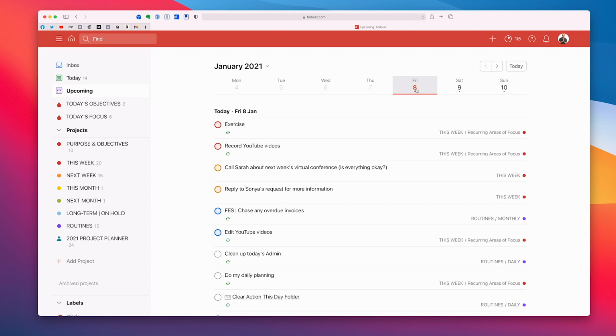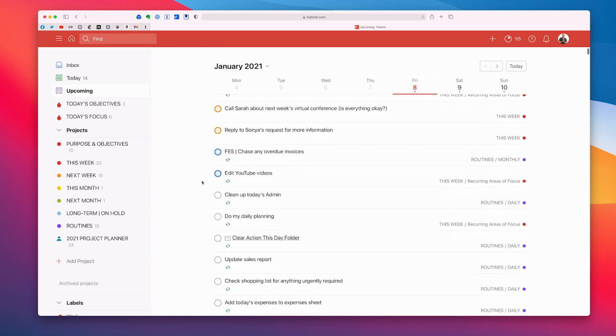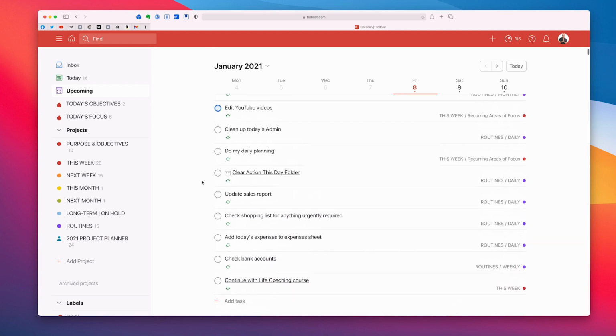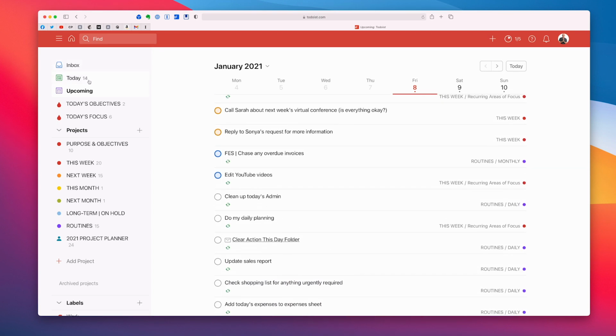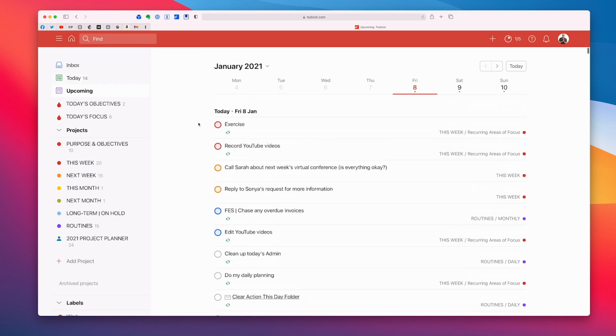So the way I see things is Todoist is the list of tasks that I have to perform today. As you can see up here, I've got 14 tasks that I need to perform today. Now, I have a code that I use the flags for, which most of you who've been following me for some time will already know. The code is the P1 flag. This is the red flags here. These are my objectives for the day. If I don't do anything else, these are my must-do tasks. I must exercise today and I must record my YouTube videos.